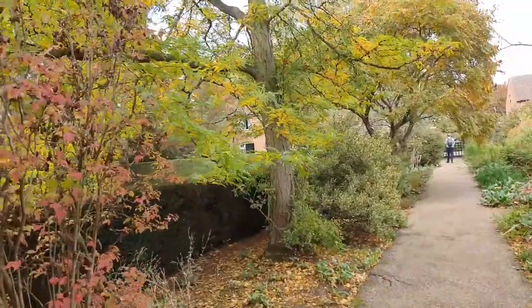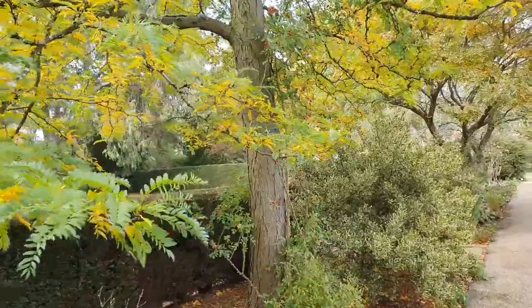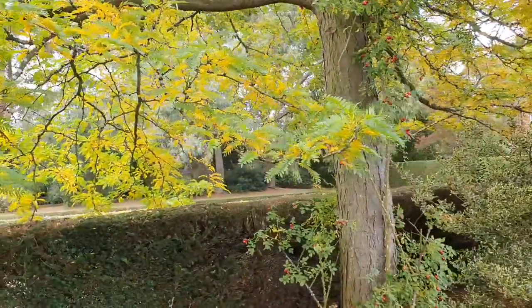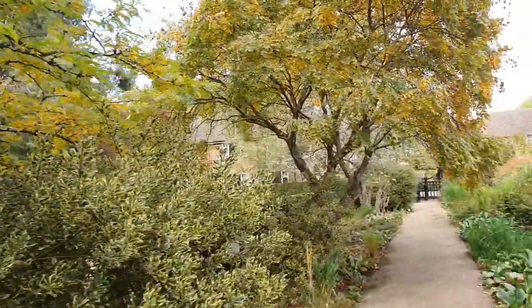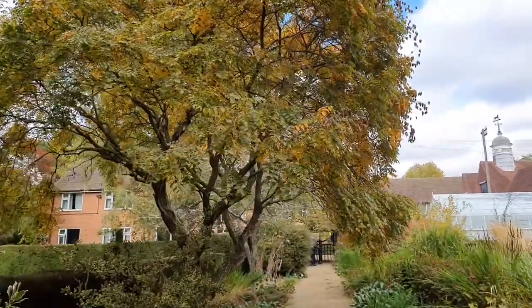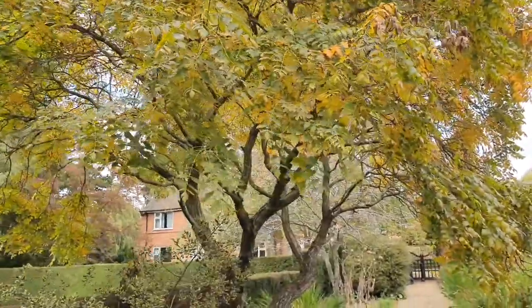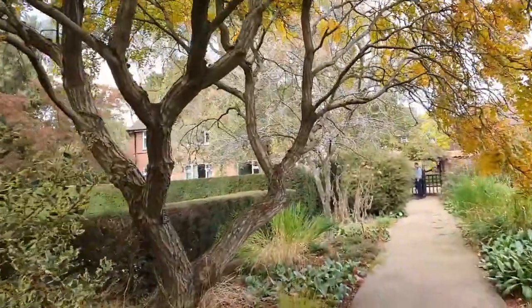Collection of trees as we pass up this way. We've got the honey locust Gleditsia triacanthus. This is a nice one. See a nice gold form honey locust, and then we go on a bit further and we've got the Koelreuteria paniculata. You can see their lovely pinnate leaves, slightly serrated, lovely bark,